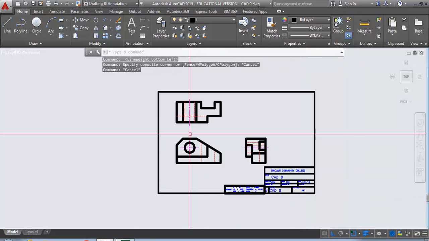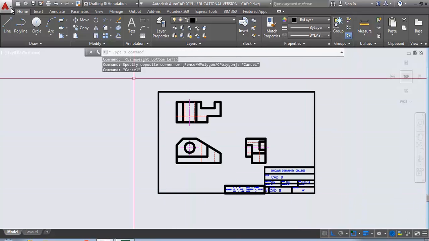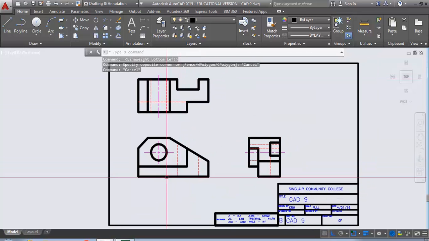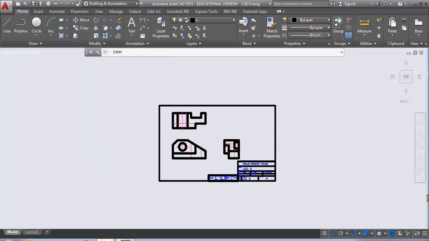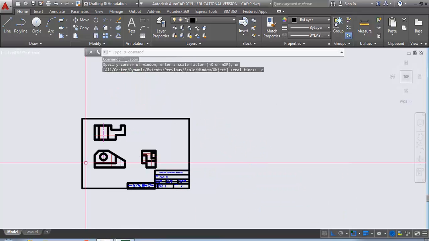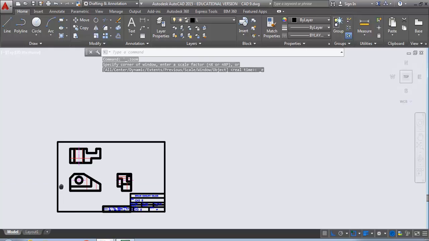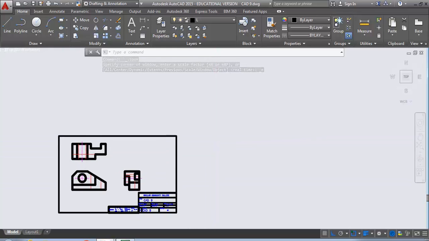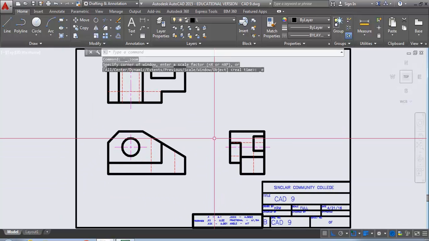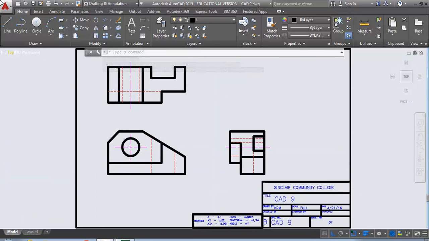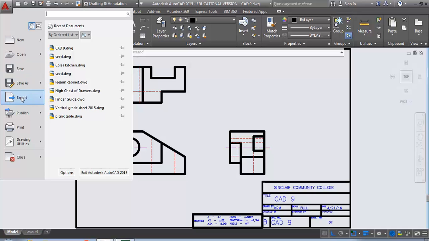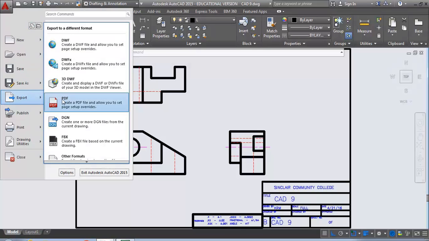So then what I'm going to do is zoom this as big as I can. If you double click on the mouse ball, it does a zoom extents. If I roll the ball back and I can pan wherever, and I double click on the mouse ball, it does a zoom extents. It means it fills the screen with your drawing. So then I can go to export, export as a PDF,